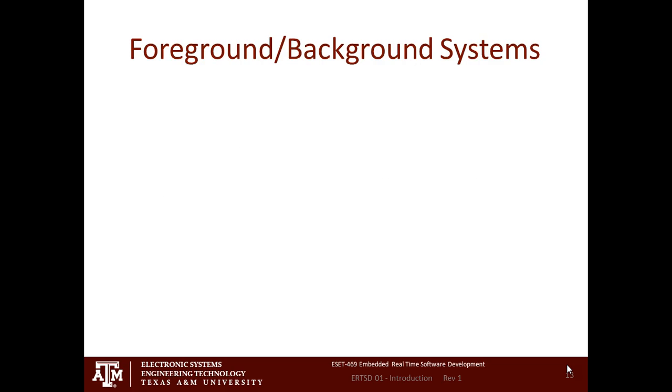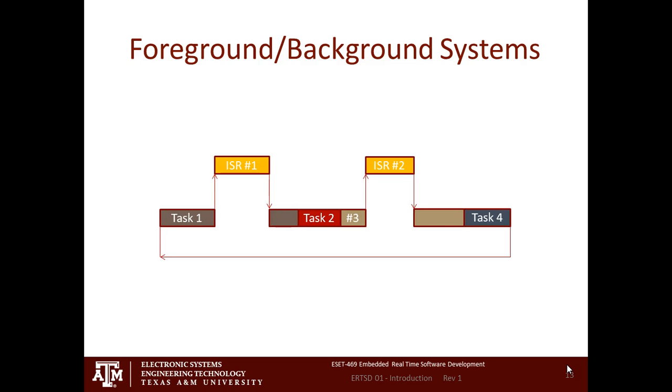So, foreground background systems. Foreground background systems we have been doing since long before anybody thought that a real-time operating system was an important thing to do. And so if you take a look at the example here that I've got about a foreground background system, what you'll see is that I've got task 1 and it runs for a while, and then something happens and this interrupt routine occurs. You go off and you run whatever the code is associated with the interrupt,